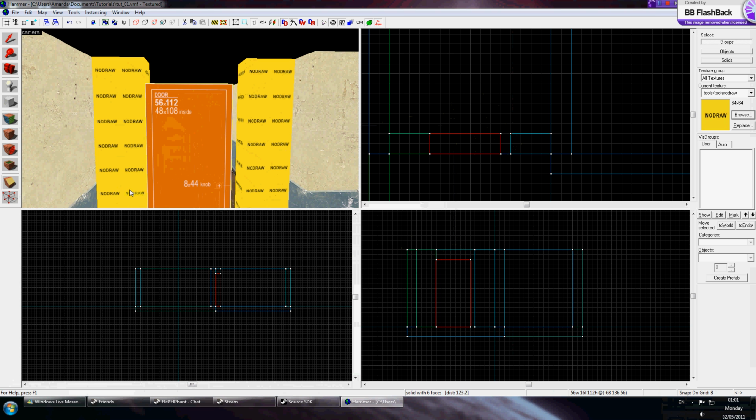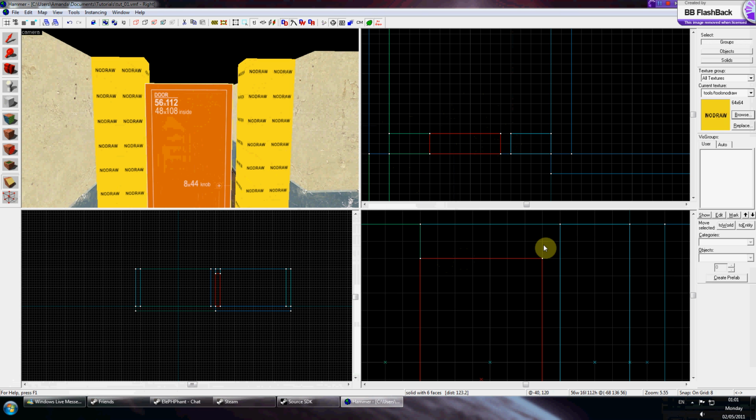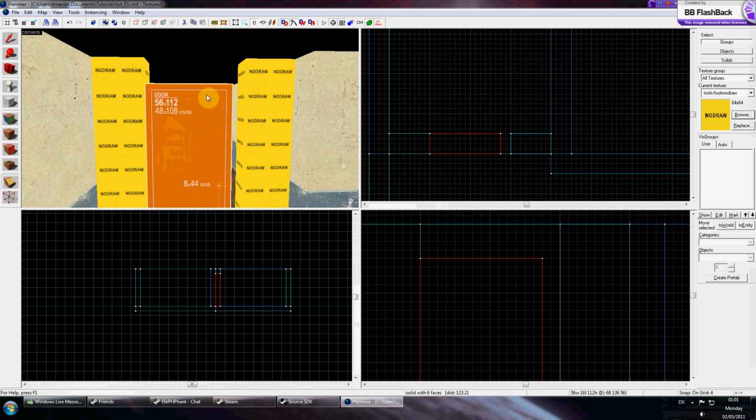You select the clipping tool while you've got the face selected, and then you turn your grid size down to 4, because that's how thick the top of the door frame is to the inner door frame. Then you clip